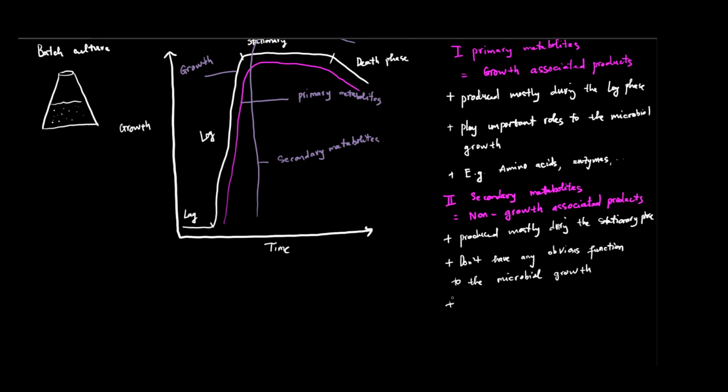Some examples of secondary metabolites are antibiotics, pigments,